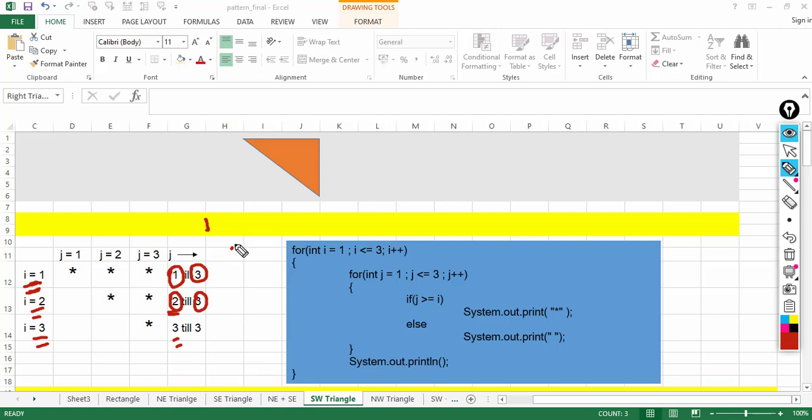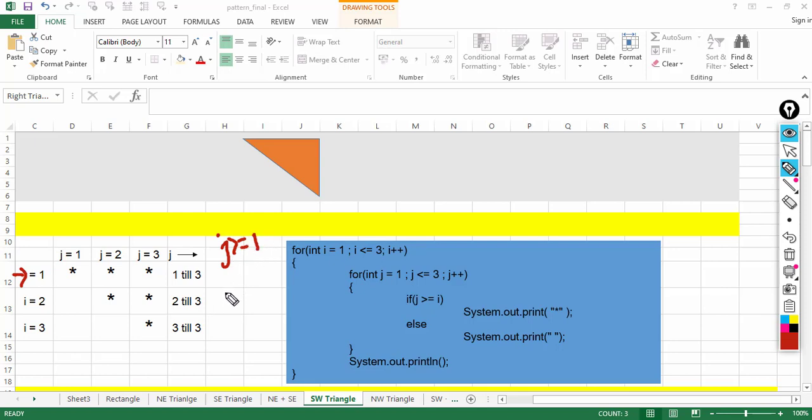So the condition is J is greater than or equal to I. Here in the first line the value of I is 1, so the condition will be J greater or equal to 1.